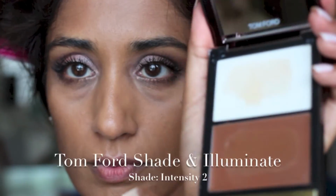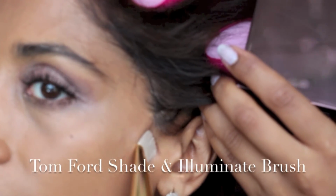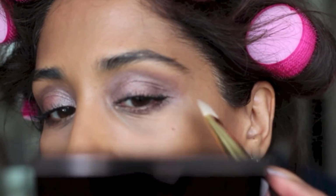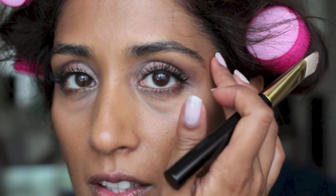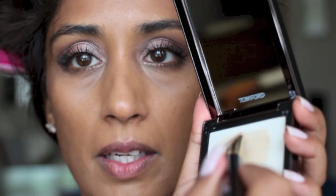Now to get on with the contouring with my shade in Illuminate. Go from the top of the ear and down, and that looks really scary, but actually, once it's blended in. And then a little trick that I learned from Francesco at the Harvey Nichols counter is to take a tiny bit on the brush. I mean, I've hardly added any more, and just take it in to the temples there, just a tiny touch. And that already, without adding the highlighter, is making the cheekbones just pop, because I've gone darker there and darker under the cheekbones. Then I use the same brush, pick up some of the highlighter,